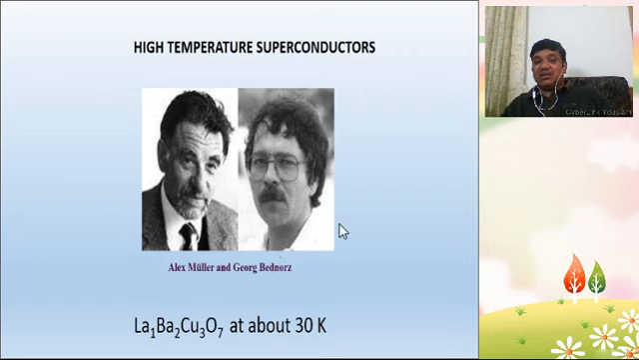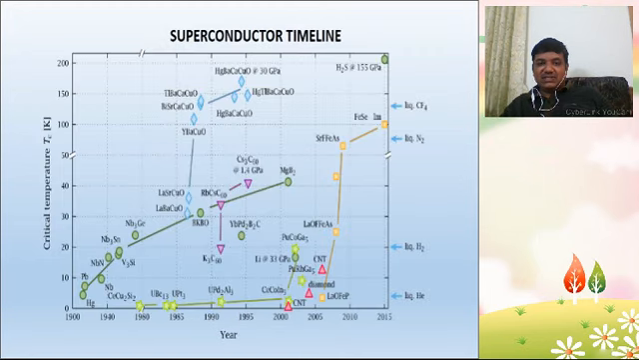So that's a very important discovery, because superconducting phenomena at higher temperatures are very important for practical applications. But here, the higher temperature we are mentioning is minus 250 degrees. That is what we are talking about here. So these are the various superconductors. You can see that